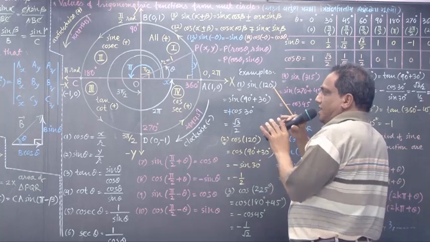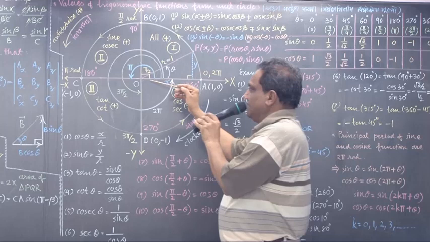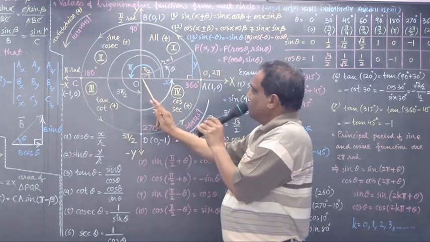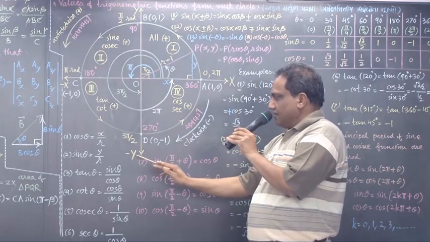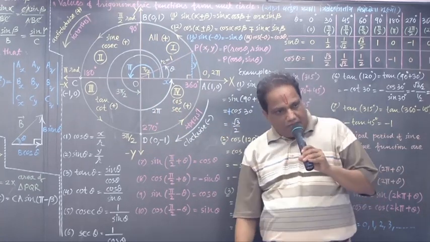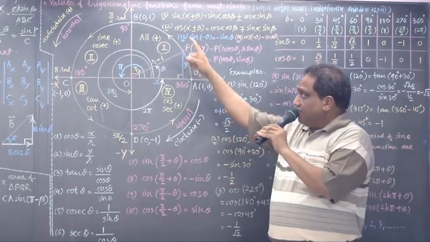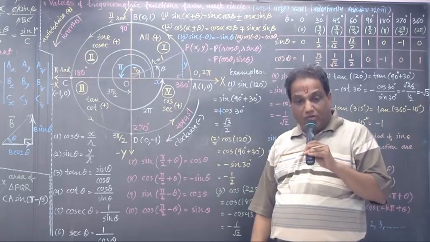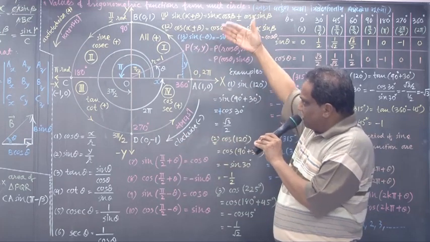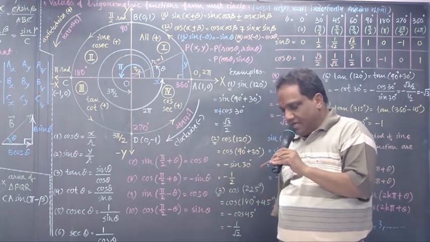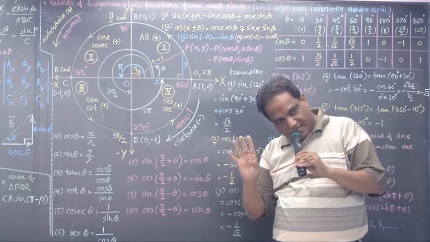Fine. As usual, this one is the positive x-axis, this one is the negative x-axis, vertically upwards the positive y-axis, vertically downwards the negative y-axis. What is a plane? A plane passing through the x and y-axis is called the xy plane. Right now it is the surface of the board. The surface of the board itself is a plane. Now that plane is divided into 4 equal parts.